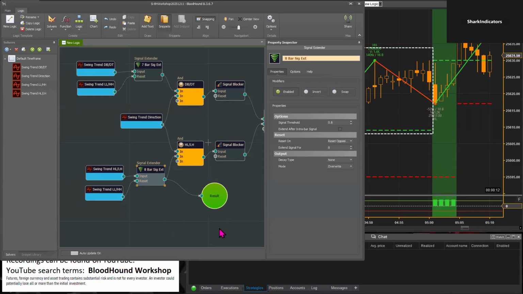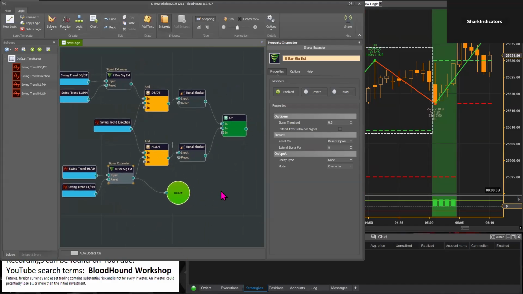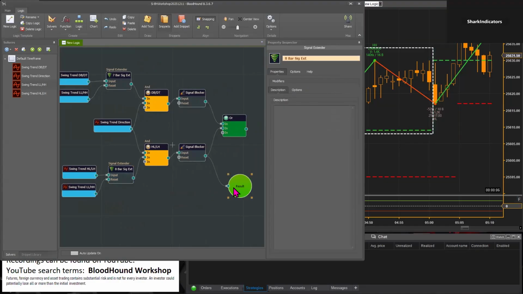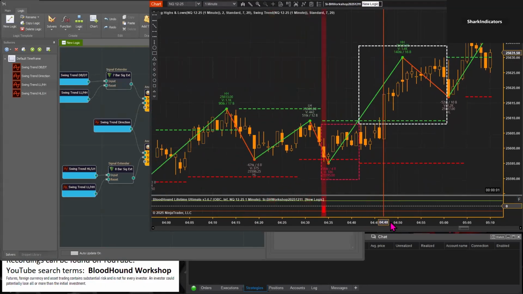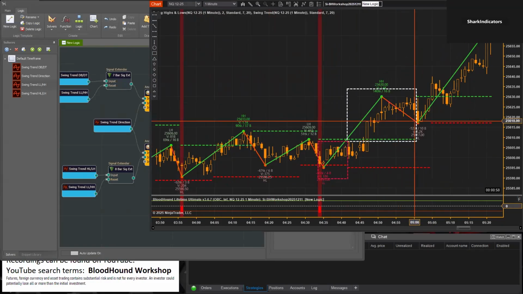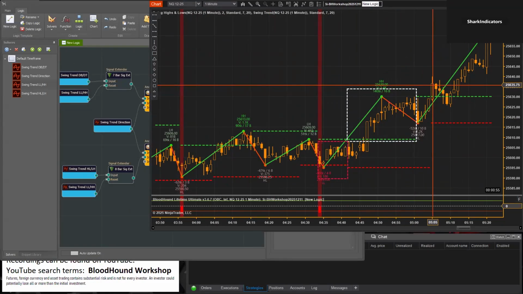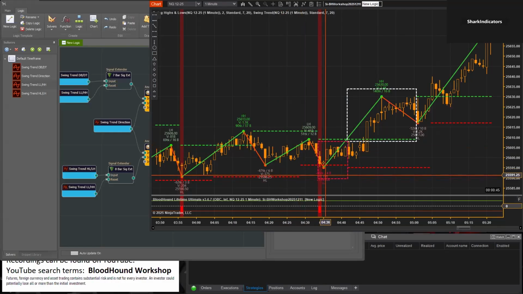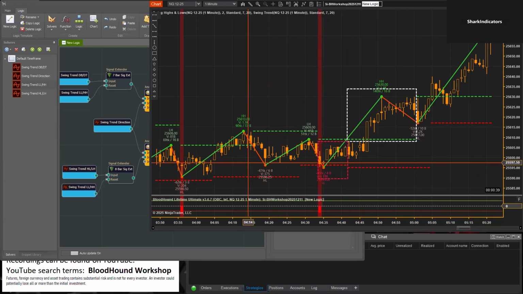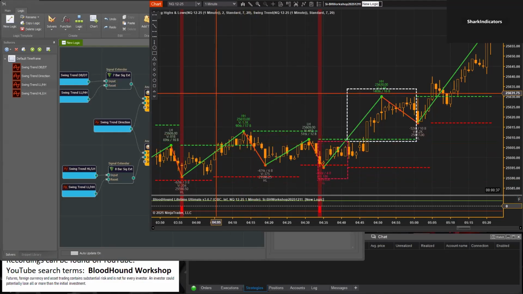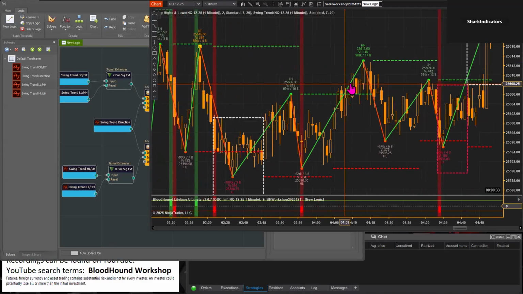Yep. Okay, so now let's take a look. There we go. So now that higher high actually disabled that higher low. And it's got to be the opposite too, right? So if there's a lower low and a, if there is a lower high that turns into a lower low,